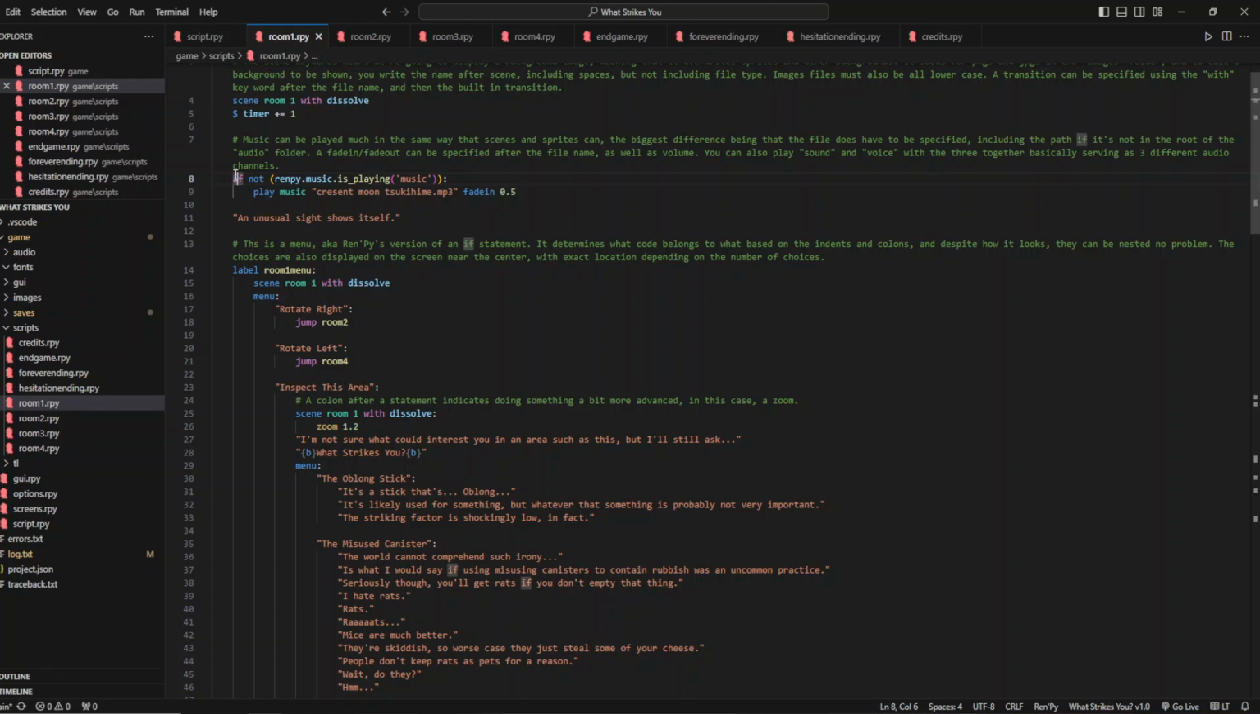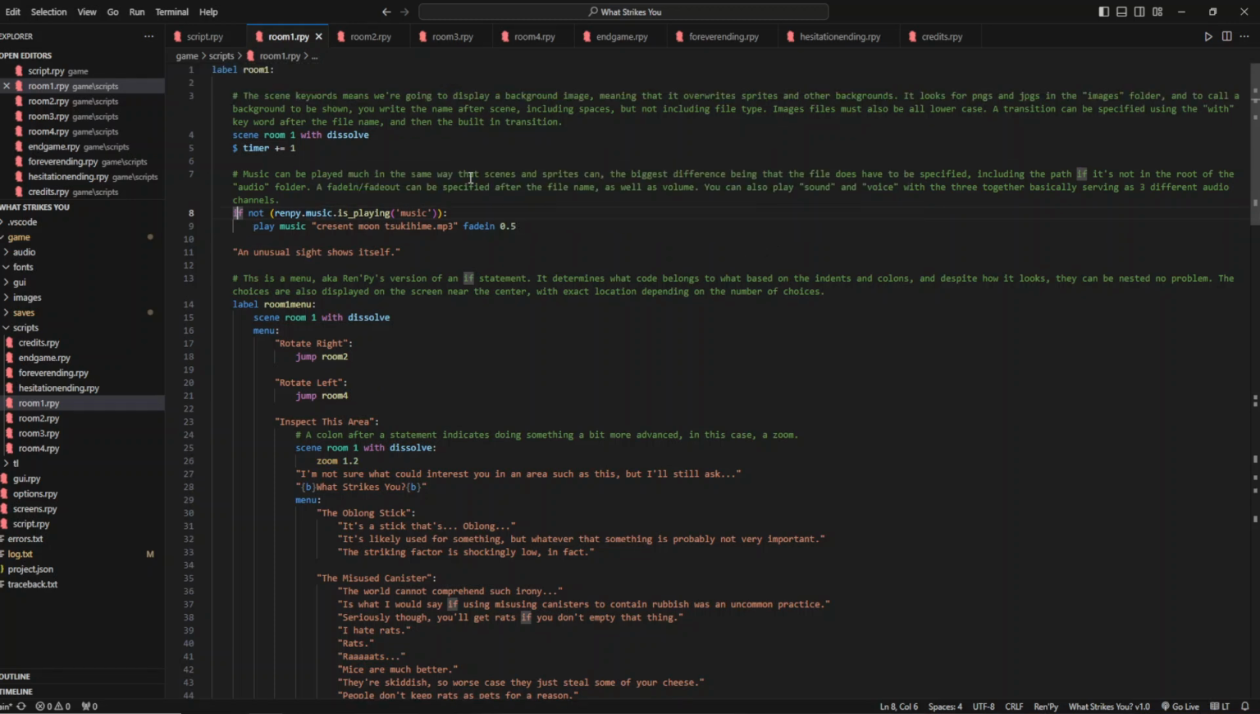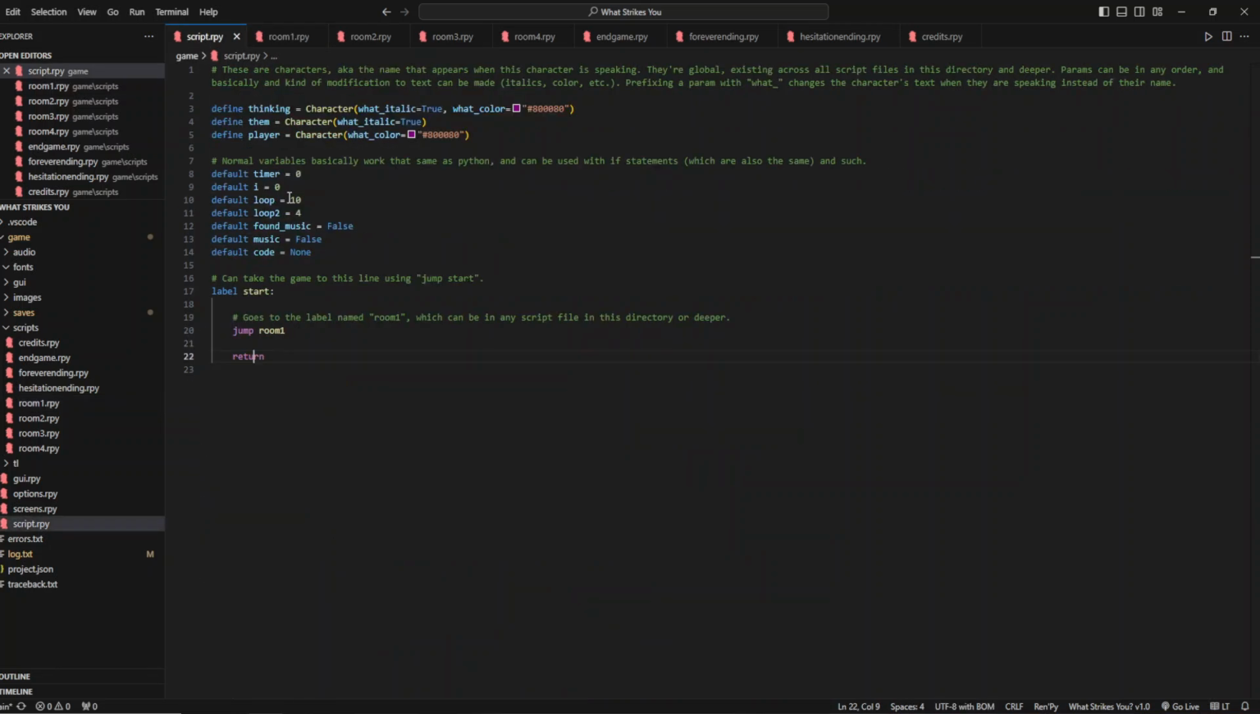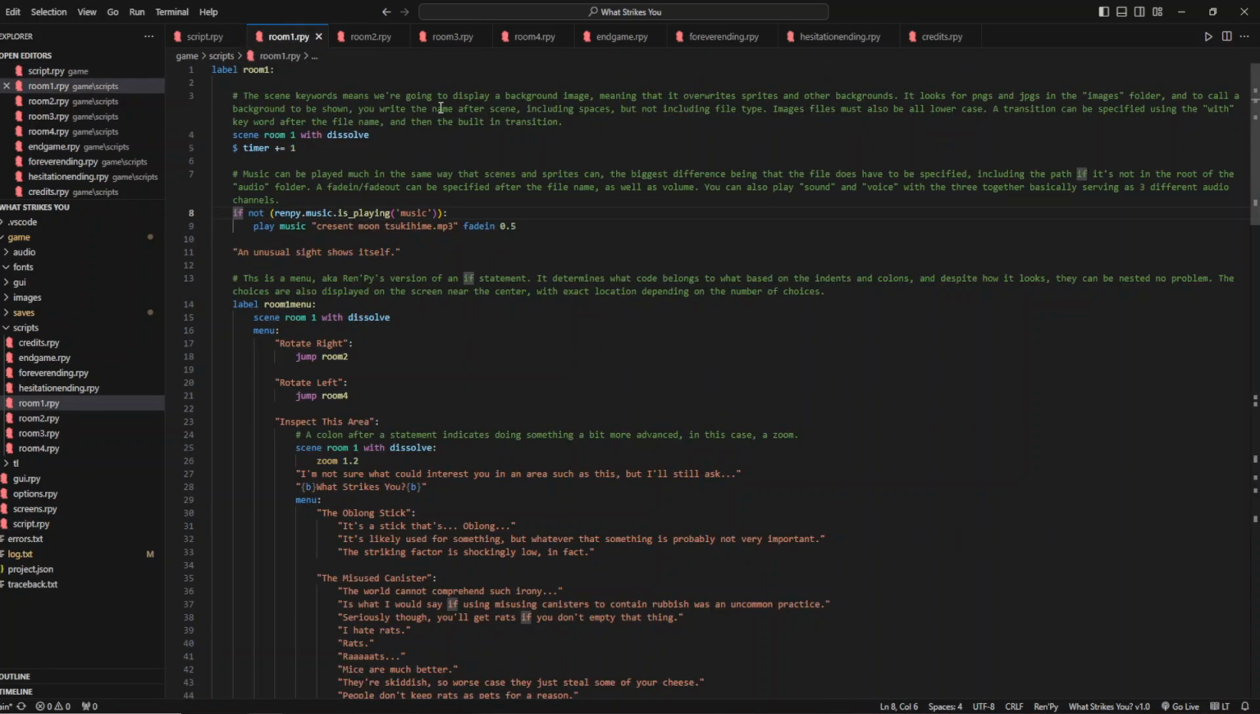So we do if, and then if not music playing, then I play this music. And I just did that because you switch between rooms, and I wanted the music to start after the room has shown up. So I could have done it in here, but the music would start before the scene. So,